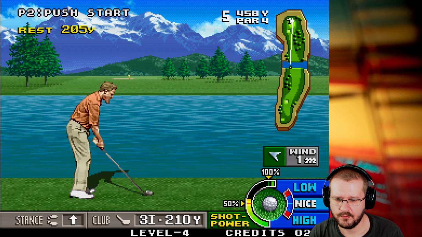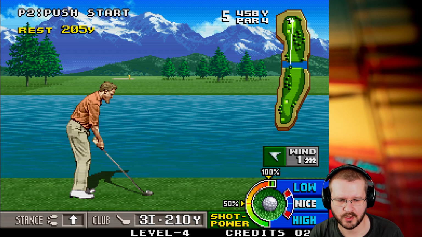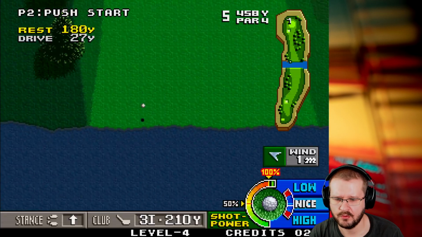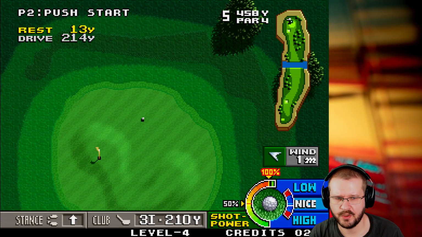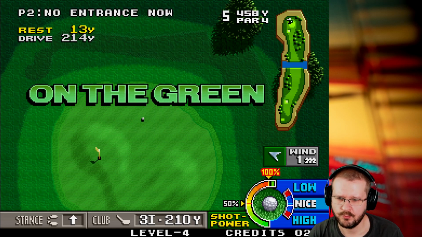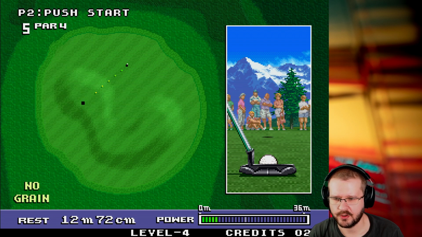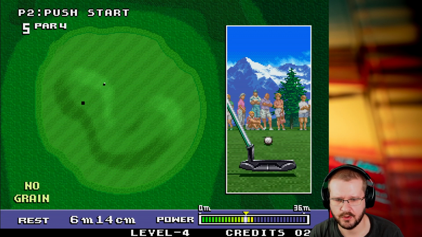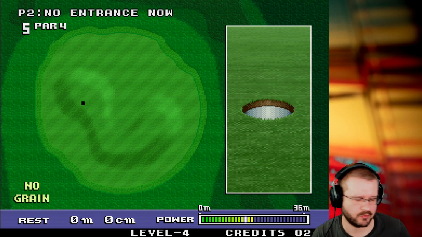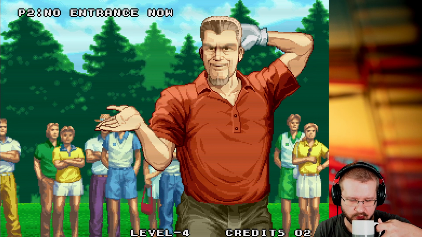Okay, 205 on a 210 club. Oh, that's a perfect 100%. Compensate a little by going high. Yeah, would have been a nice approach had we not hit the water. So you're starting to see the challenge in the game is very much in the club selection. And your caddy? Yeah, your caddy is not actually super helpful. They'll keep recommending kind of rubbish clubs, to be honest. That's a par 4, and we hit a par, so...